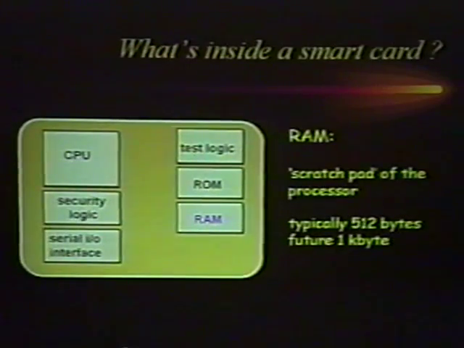Another type of memory is the RAM, random access memory, and this is the scratch pad of the processor. Here the operating system can store its stack, it can store temporary variables, it can store some buffers. It's very small. I think 512 bytes is a bit too little for nowadays, but 1 kilobyte is just about the size that's needed. If you compare that to a PC, it's almost nothing. But the big difference is, in a PC, you load any application and the operating system from disk into your RAM memory, while on the smart card you won't. You use it only for storing temporary variables.